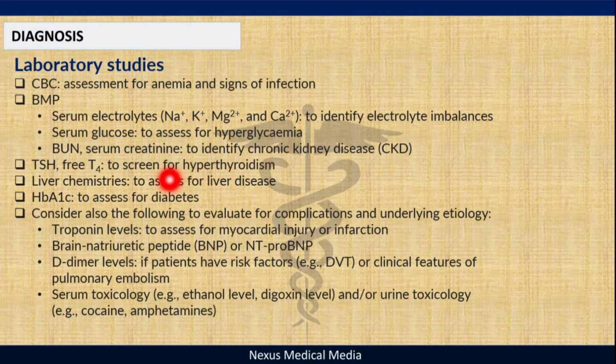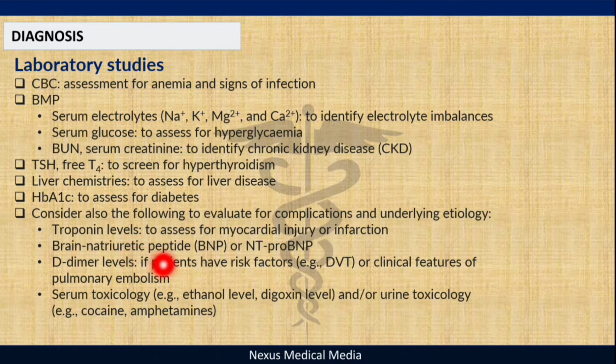Thyroid stimulating hormone, free T4. This is to screen for hyperthyroidism. Liver chemistries to assess for liver disease. HbA1c. This one is to assess for diabetes. To assess the complications and the underlying etiology, we can also test for troponin, for MI, brain natriuretic peptide, D-dimer